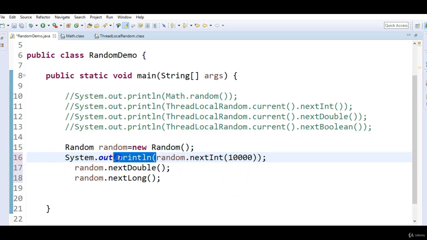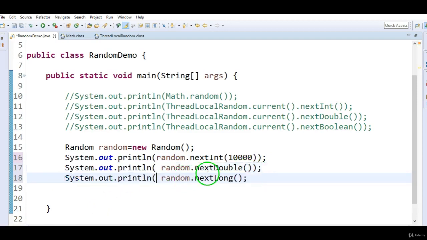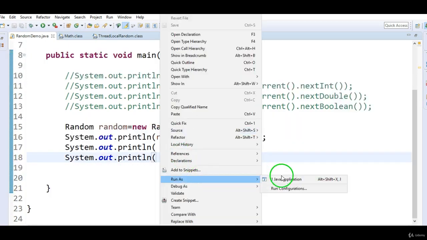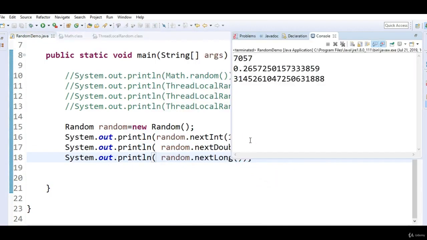So I'm printing this output as well, the second output as well, and the third one also we'll see. Run the program and see the output. First one is integer, second one is double, and third one is long.